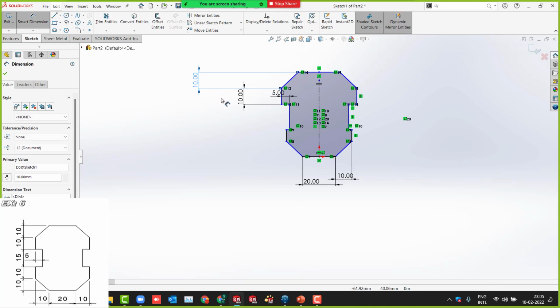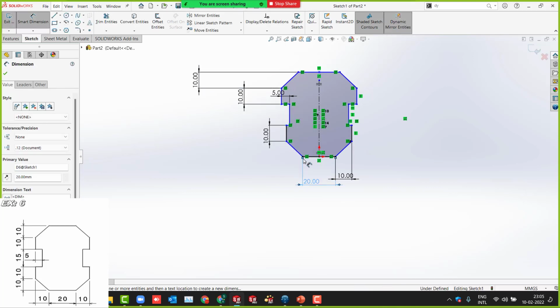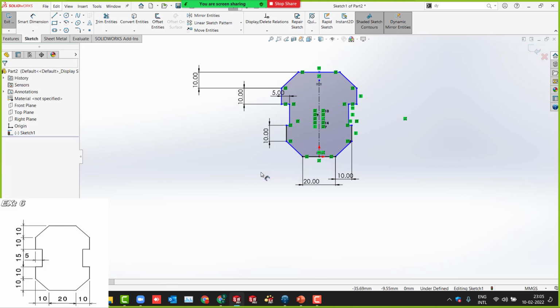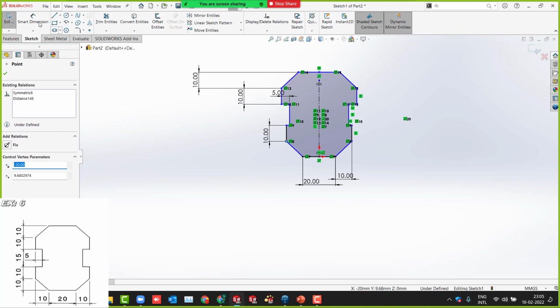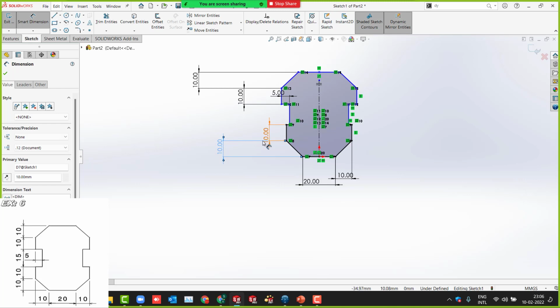Good. And then this? 10. And from here to here again it is? 10. Okay. But still 10, yeah.